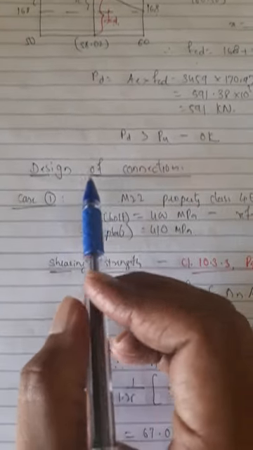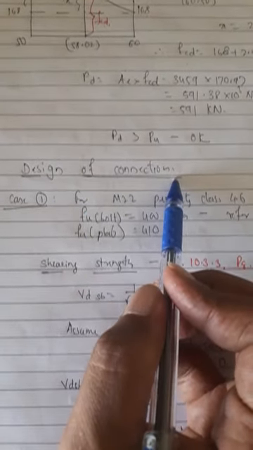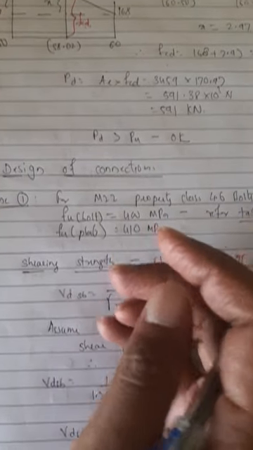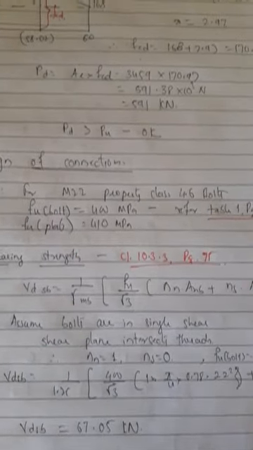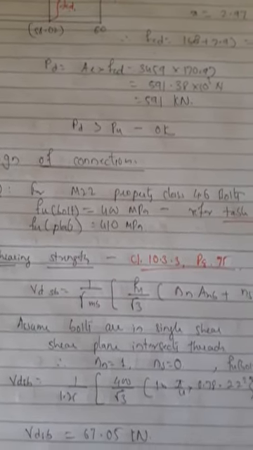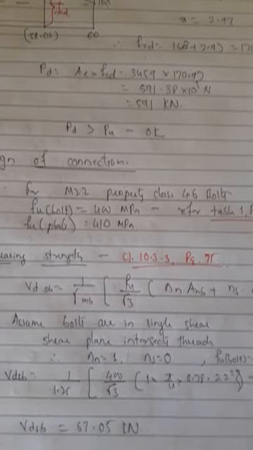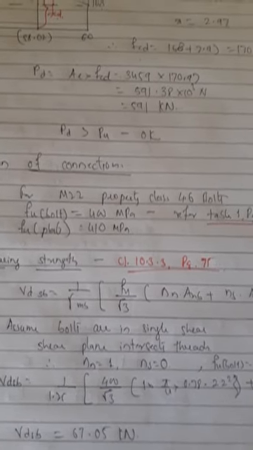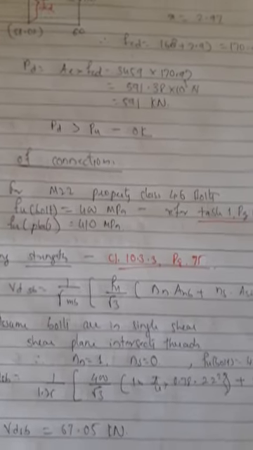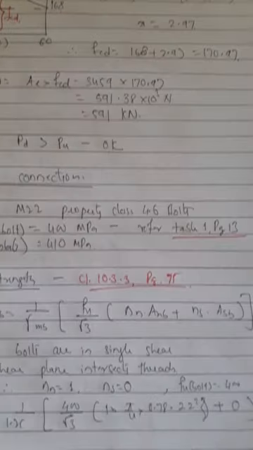Now comes the next part, design of connections. Now for design of connections, it depends on bolt value. You need to identify the bolt value of the bolts given. Here to design the connection, two cases are given. First case is normal bolt, 4.6 property class bolts. Second is HSFG bolt. Now how to differentiate between them? For this go to table 1.